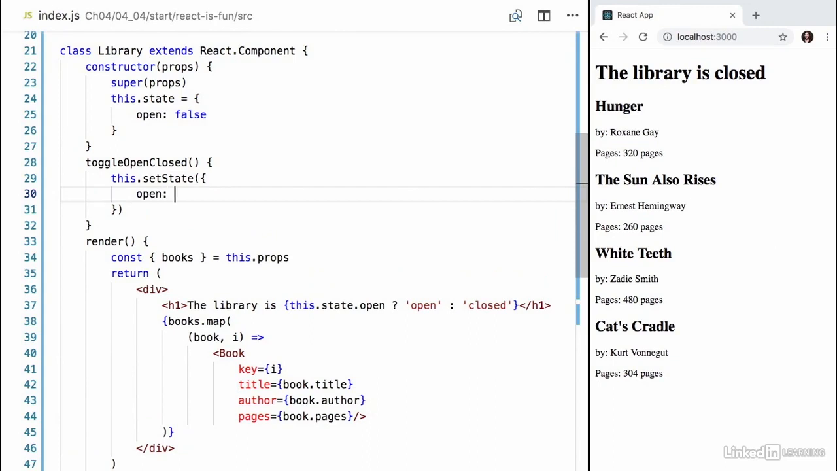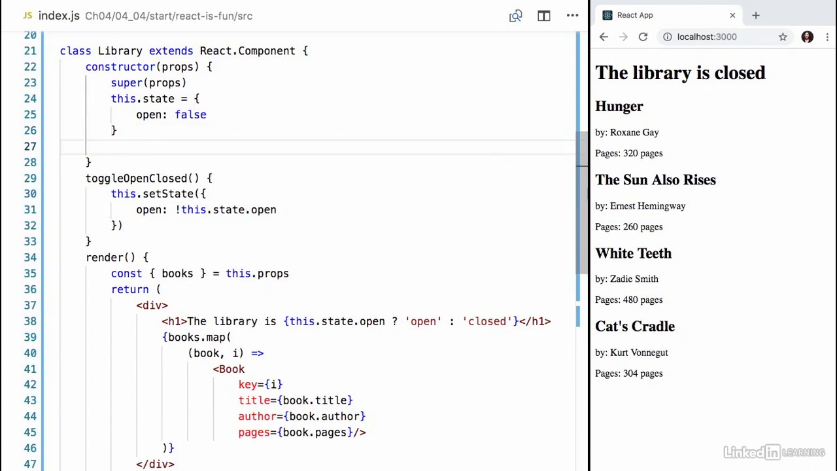So it'll have a key called open, matching our state variable, and then we'll do whatever the opposite of that is. So in this case, it's false. We'll say open, setState will change it to the opposite, so true. All right. The next thing I need to do here is whenever we're using a constructor method, we need to